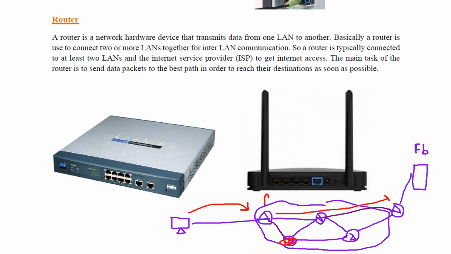Let's say this router is A and B, and if this is C, then router A decides whether I'm going to send the data request to B or C. Again router B decides whether I'm going to send this one to router C, or if we say this is D router. Like that, they check the best path and the network traffic and forward the data packet. So that is the main task of a router. So again, the router is the most important device in the internet.